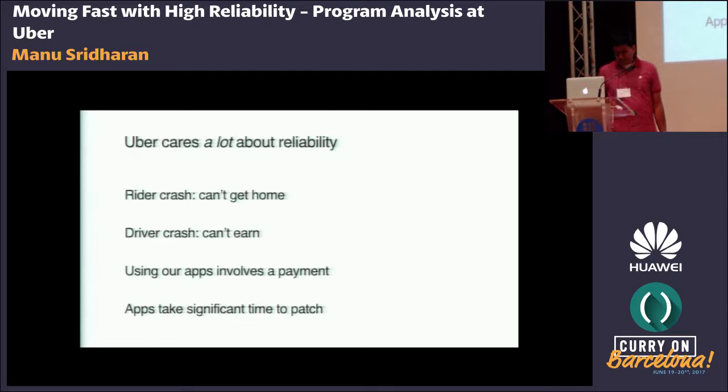And finally, at least by modern standards, apps can take a significant time to patch. If you've got some problem in server-side code, once you diagnose it, you can switch over users to the new code basically instantly. But with an app, when you have app review processes and delays in people actually installing the new app, it can be on the order of weeks or even months. You can still see crashers from old versions of the app in your logs. So it's very important that the mobile app code is reliable.